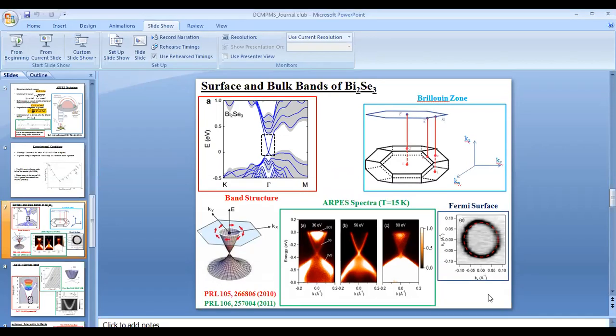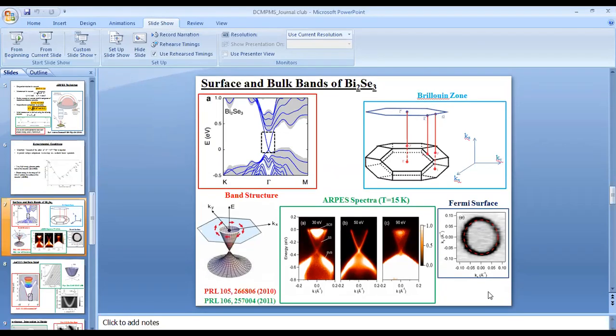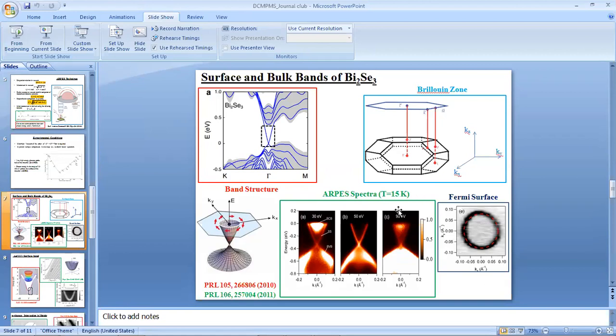Yeah. So thanks. My question is about the experiment. When you detect the photoelectron, how do you differentiate between whether it is carrying information about the surface band structure or the bulk band structure? Or do you just use a slit, so it will only have the two components of the momentum, so you just probe surface band structures?